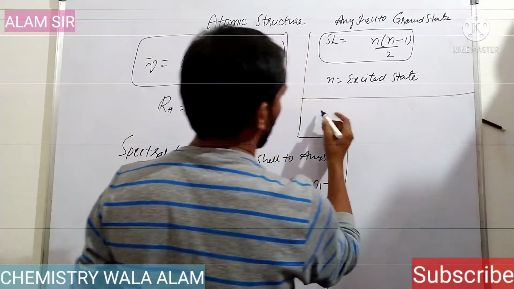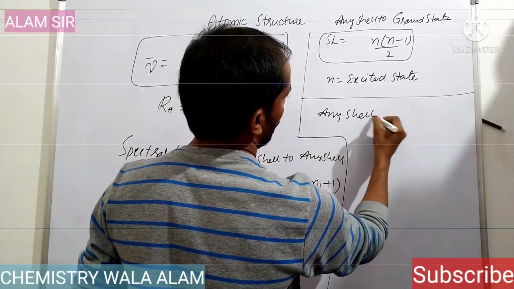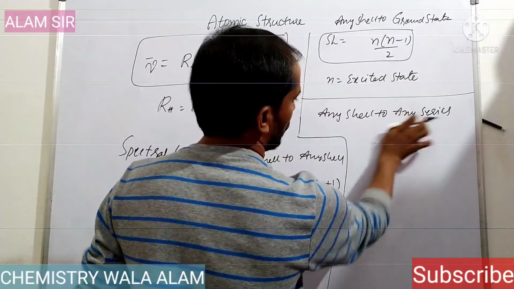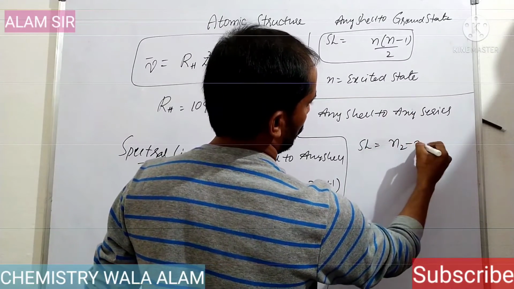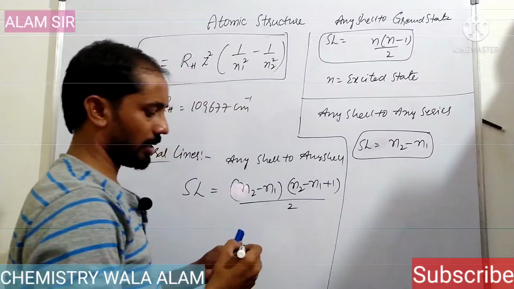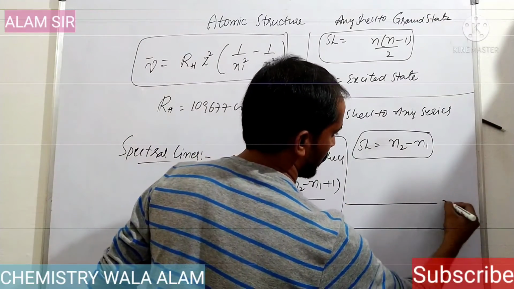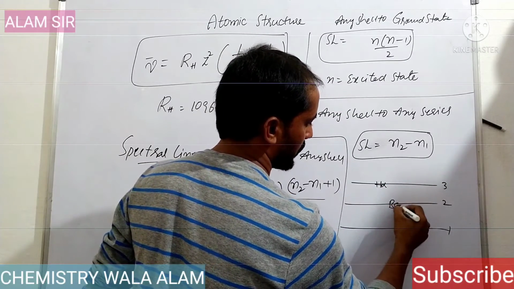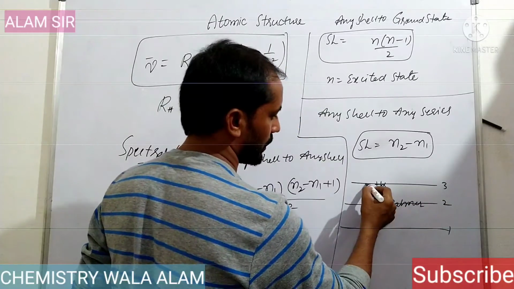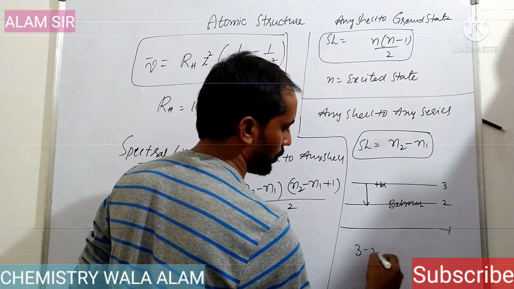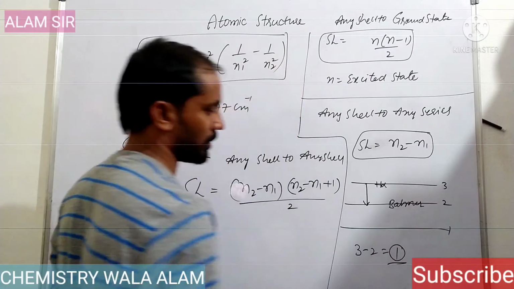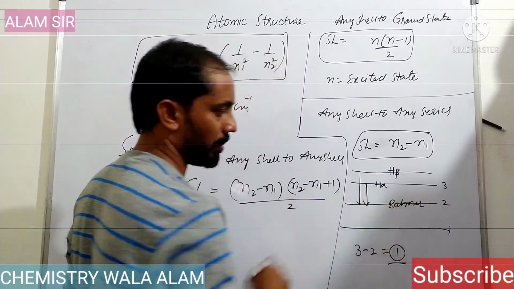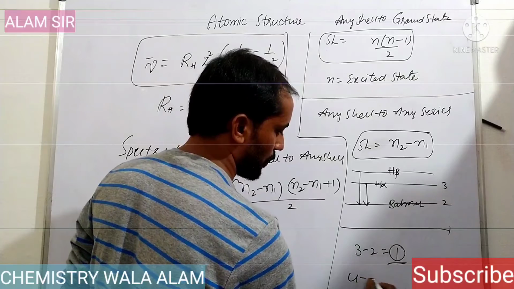Next one is number of spectral lines any shell to any series. That is number of spectral lines equals n2 minus n1. Means they can ask the number of spectral lines in the H alpha series to the Balmer series. H alpha series is nothing but third shell, means 3 minus 2, that equals 1 spectral line. Here they can ask H beta. So H beta to Balmer series, that means 4 minus 2, that equals